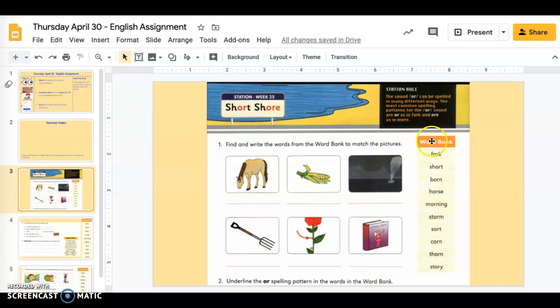Let's read the words in the word bank. Go ahead and read with me. Fork, short, born, horse, morning, storm, sort, corn, thorn,